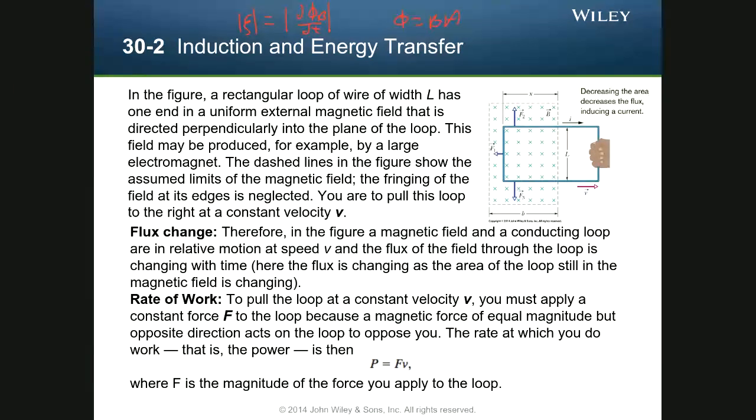if we want to look at the power dissipated and talk about the power of the system, we'll want to talk about the energy of the system, right? So that'll give us this rate of work. To pull the loop constantly at some velocity v, you must apply a constant force to the loop because the magnetic force of equal magnitude but opposite direction acts on the loop to oppose you. So let's